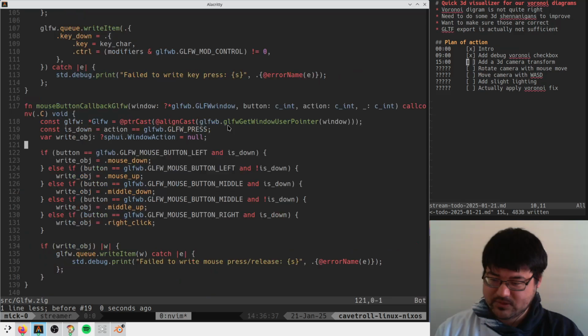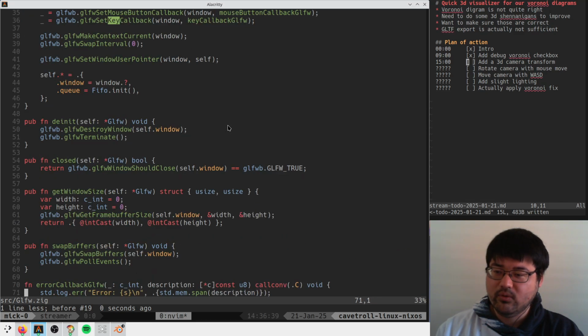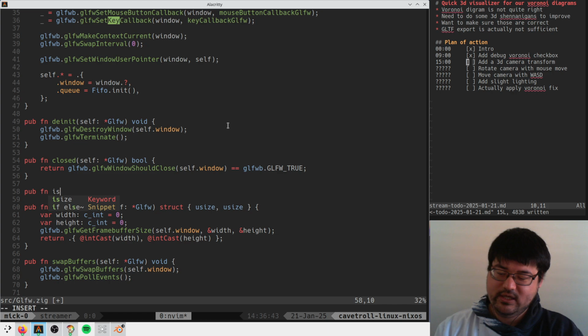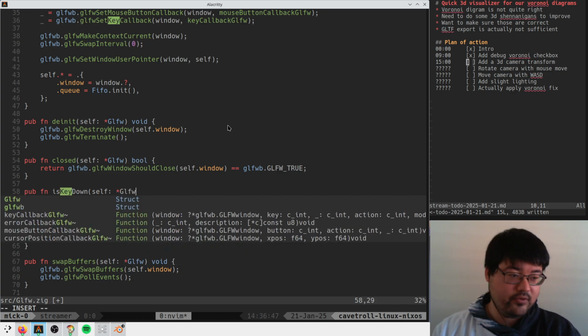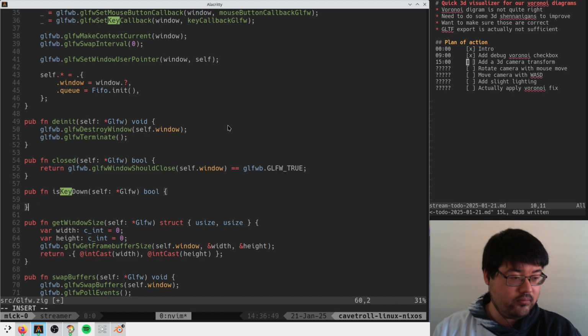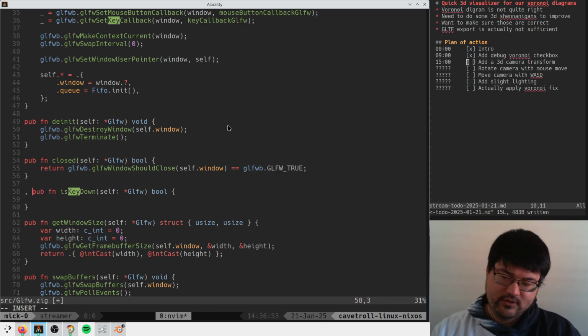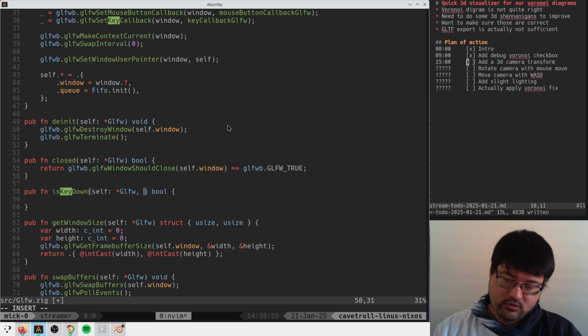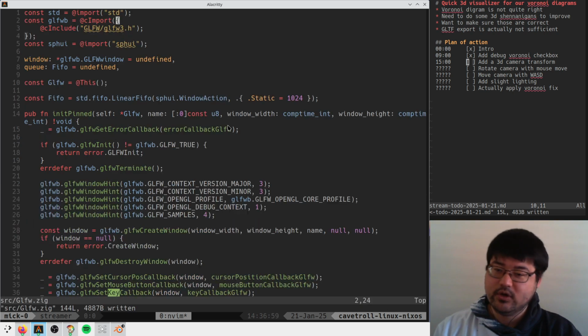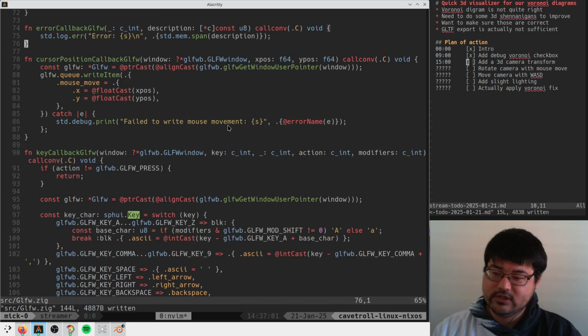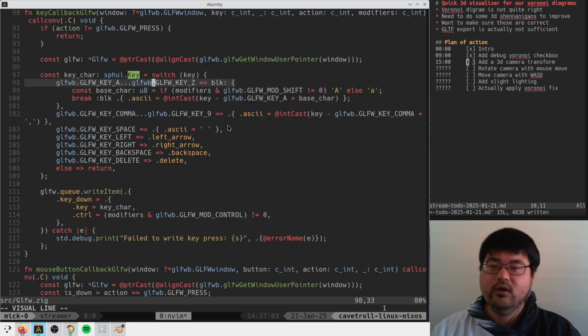In our GLFW abstraction, we're going to say pub function is key down. We're going to take in the key code. And I guess we're going to do the inverse translation here. So we're going to say